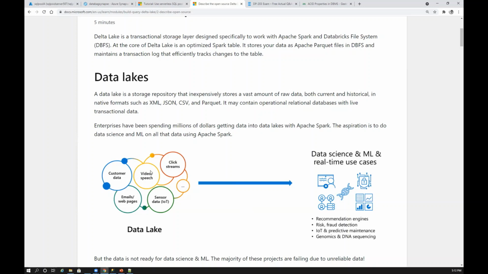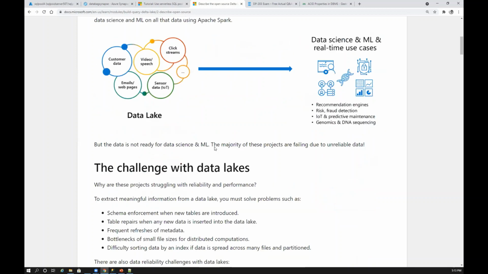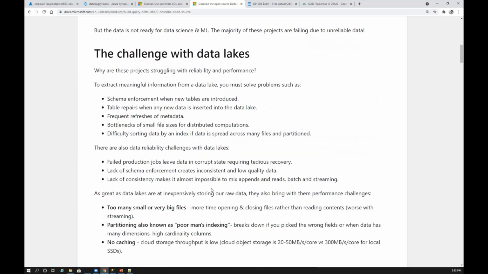The major issue with data lakes is that all the data is stored in a file system. That's a big problem. I think we have a list of challenges here. Too many small files or very big files, and you have to join them. That's another big problem. You don't have indexing. When it comes to files which you store in the data lake, you don't have an index. So if you wanted to search something, you have to load the data into a table and then do some indexing. So there is some additional work on that.